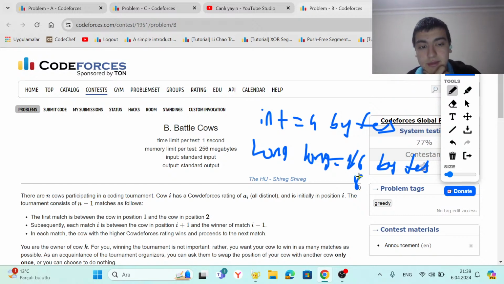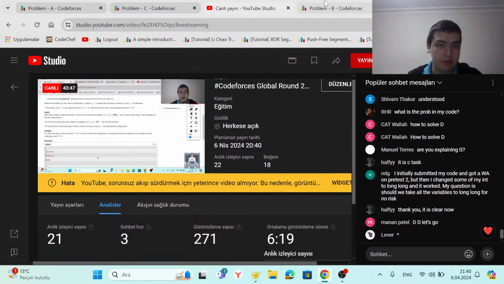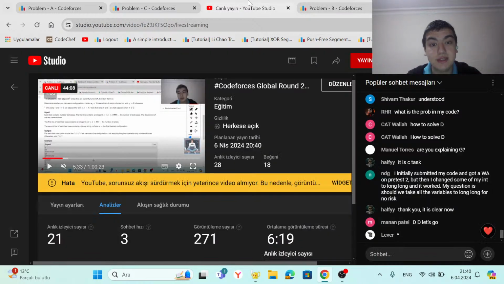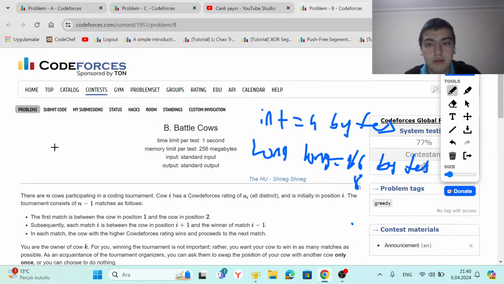Maybe it can be 8. However, it is more than int, so it takes more memory, and also summing up or doing other operations on integers is faster than